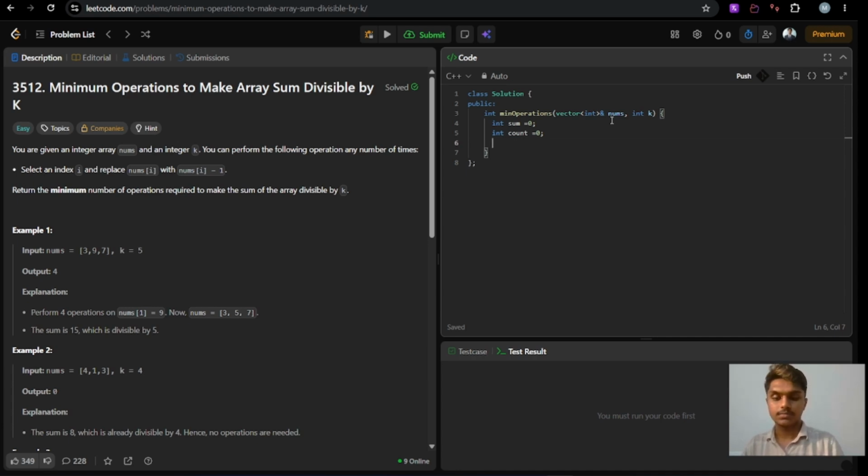So now we will run one loop. In this loop, first of all we will sum all these array elements, from i equals 0 up to nums.size, and i must be incremented by 1 only. You just have to add nums[i],